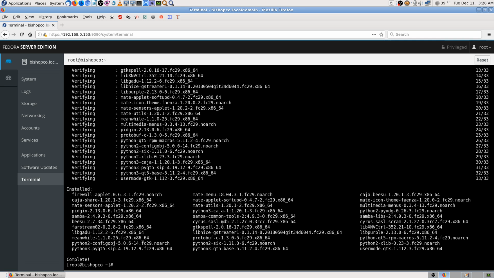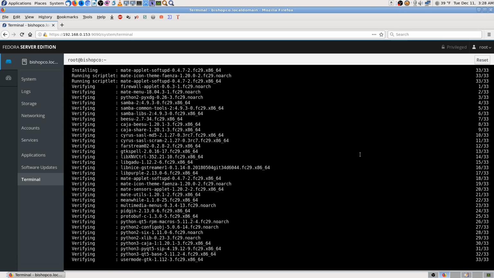8 menu applets, Python, Cages, Samba. This is for the Samba networking with Windows machines. This is a group, so you get what's in the group when you do a group install. But okay, so let's